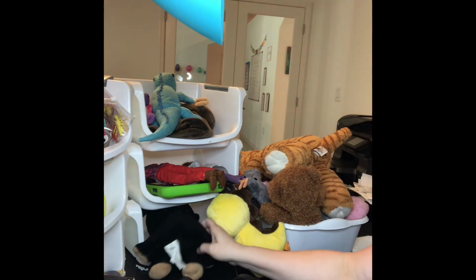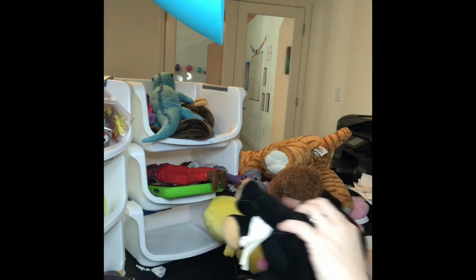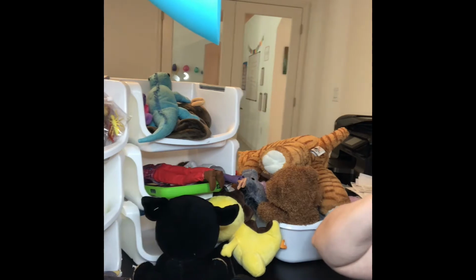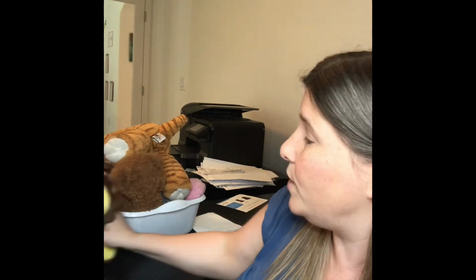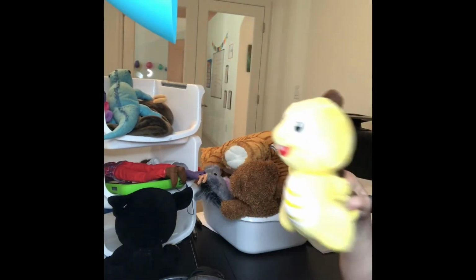Every time I would try to pull my dog out, this whole thing wanted to fall, so I'd have to hold it here and pull, and then that's defeating the entire purpose of having things within hand's reach, because I have to look over at it to get it to come out easily enough. So I usually just keep my dog and my dino here. And I like to keep them facing away from me so I can grab him and it's facing the